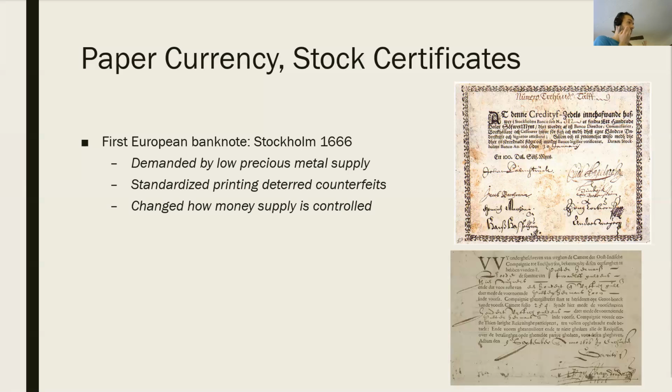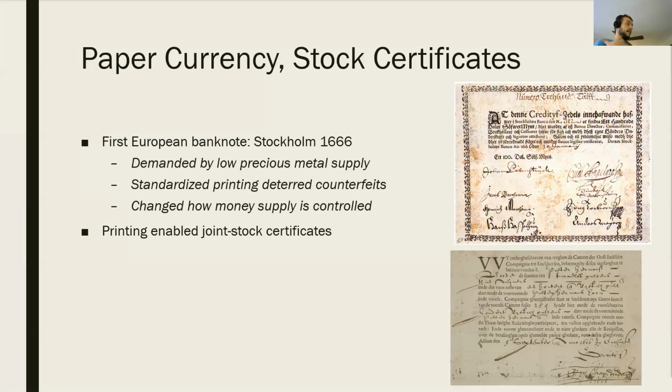So one thing to note about this Swedish bank is that they noticed that, well, they don't just need to print paper certificates by the amount of gold they actually have, they can actually print as many certificates as they would like to. And as a consequence, this bank actually went out of business fairly quickly. But nonetheless, the idea became much more widespread that paper money could be a much more useful form of value. And we see the development of fiat currencies had kind of roots in this kind of idea. So printing played a pretty significant role in this process as well.